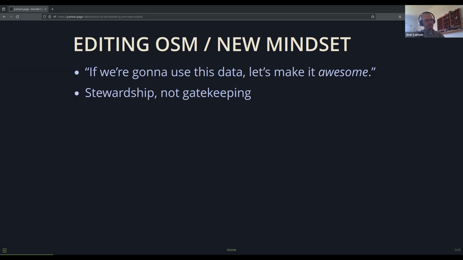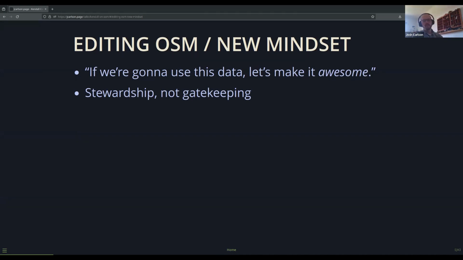We like to think of it like stewardship, not gatekeeping. We welcome any local mappers who want to get involved in our area. But if you do edit in Kendall, I'll probably see your edit at some point, just because we like to keep an eye out for vandalism or fictional edits, which we've had a little bit.